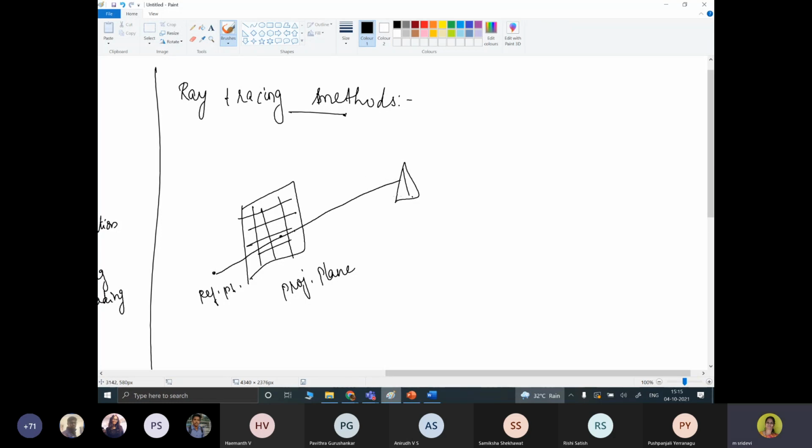It will hit the object and also it will bounce back. On the sphere again, it will hit here and bounce back, like that. So multiple reflections and transmissions are taking place.